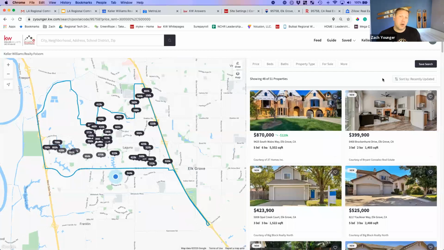The reason I need to start with this agent site tutorial for you is that as a realtor, you need to know exactly how your consumers are going to use your website. You need to use your website just like your consumers do, because of course they're going to come to you with questions. And so I wanted to make sure that you understood how this site works, similar to Zillow, for